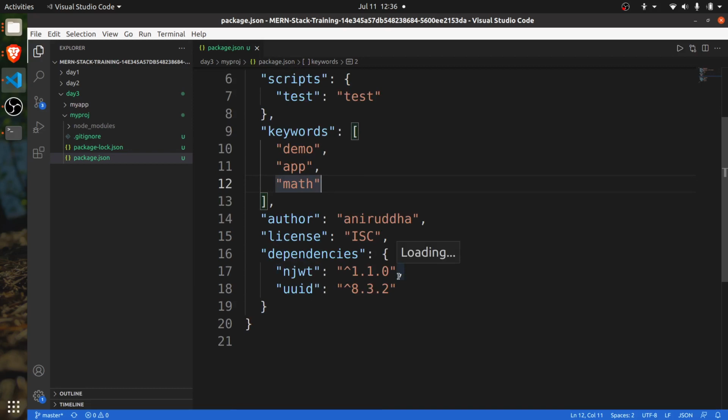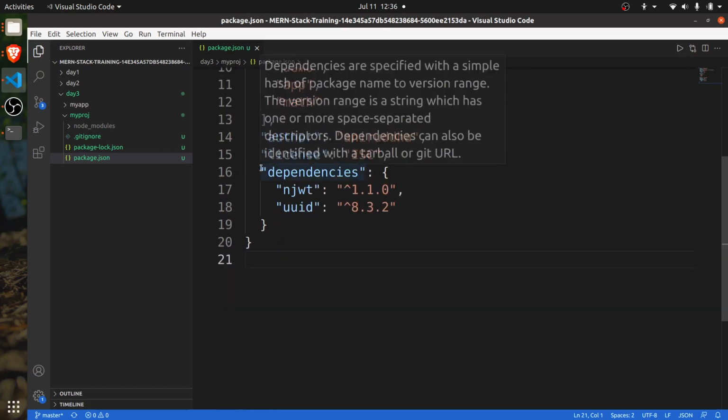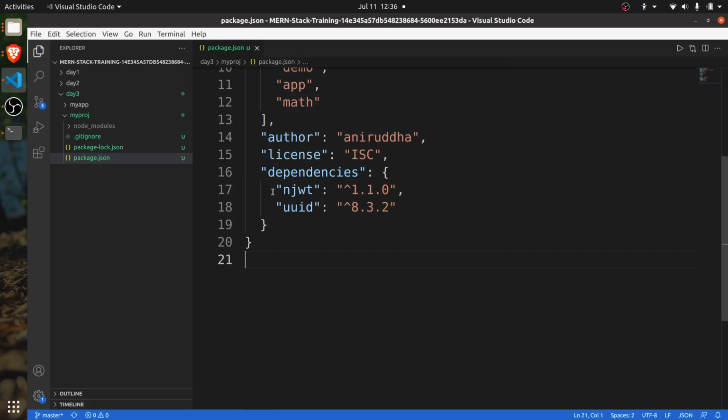Can you see dependencies? Dependencies are those things that, whenever this package is going to be built, whenever a build is going to be generated, at that time these two would be packed together. Along with the build, these dependencies would be packed together. There is one more thing called dev dependencies, right? Dev dependencies,